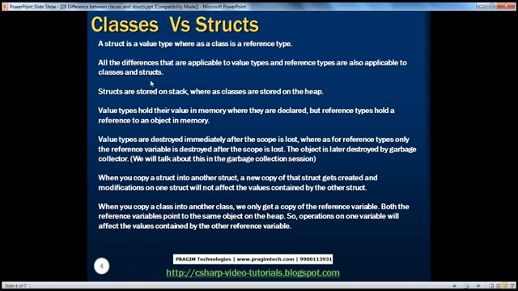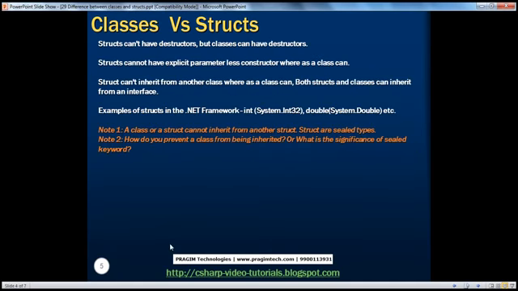So structures being value types, they are stored on the stack, whereas classes are stored on the heap. So what do we mean by the stack and heap? Now, when we run a program in .NET, the variables and objects that you use within that program are actually created in the memory, and they are there in the memory until your program executes. So the physical memory of a computer is logically divided by the .NET runtime into something called a stack and a